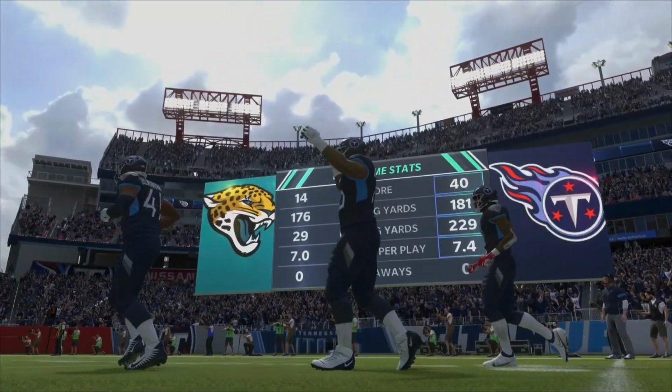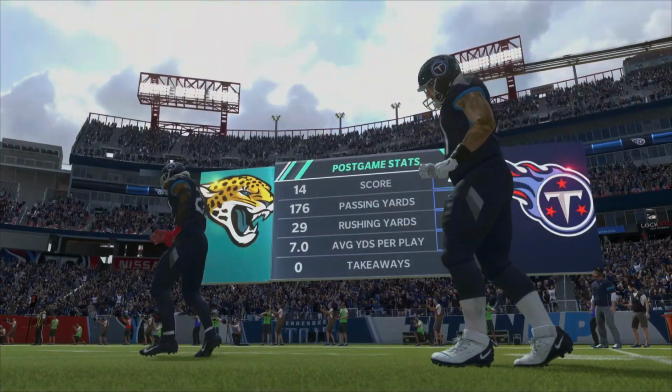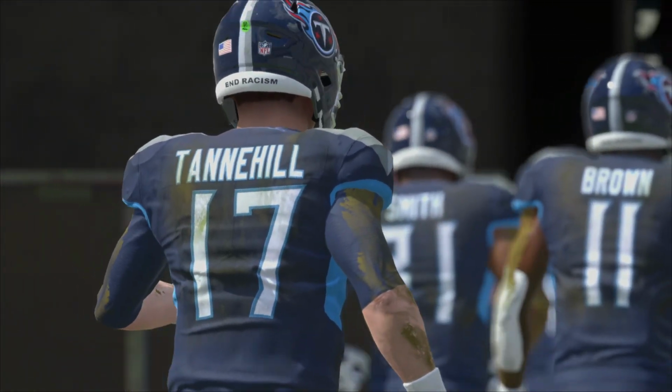So for the Titans, it's a win here in their home opener as they move to 2-0. And they will hit the road next week to take on the Minnesota Vikings. Meanwhile, for the Jaguars, they'll drop to 0-2, and they will be